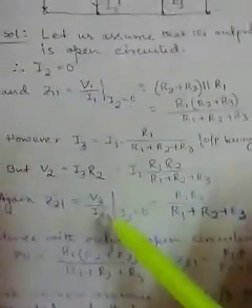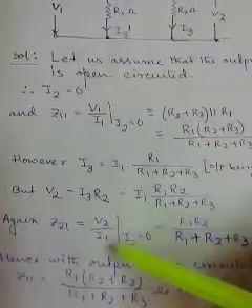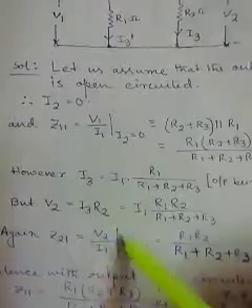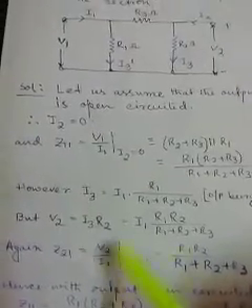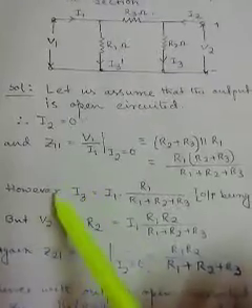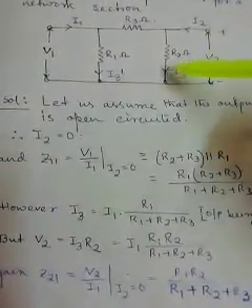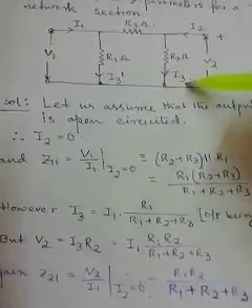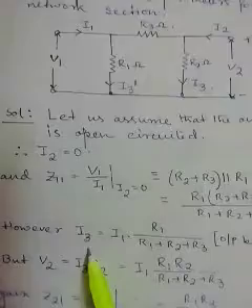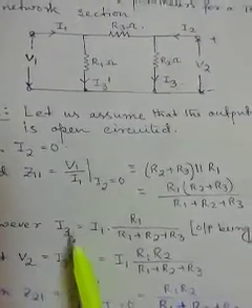So what is the mathematical formulation of Z21? It should be V2 by I1 at I2 equals 0. So we do not know the value of V2 directly. We have to represent this V2 in terms of other parameters, obviously. So here we can see in the original figure we have mentioned some current I3 is flowing through this resistance. So how do we find this I3? According to the current division rule. So what is that rule?